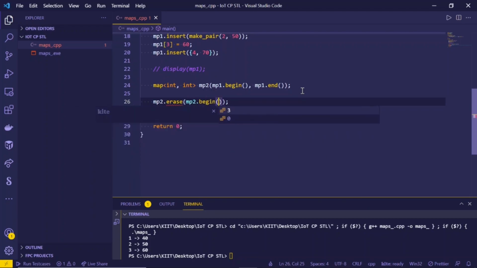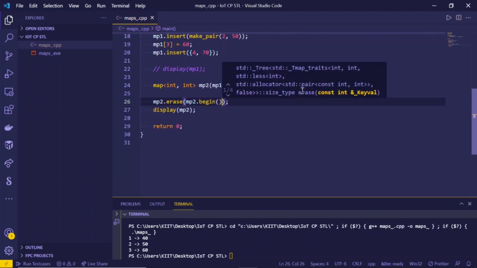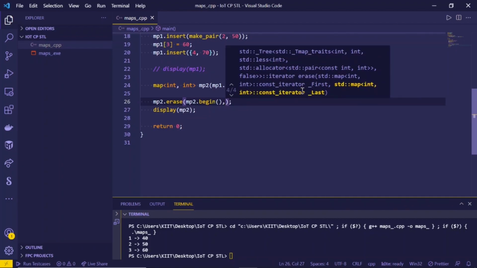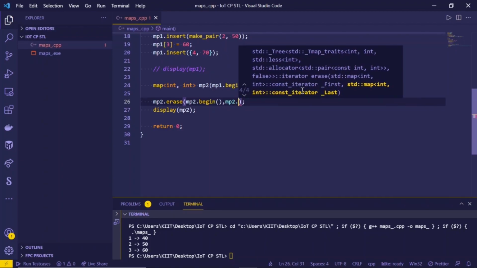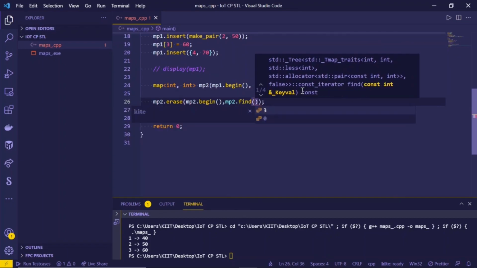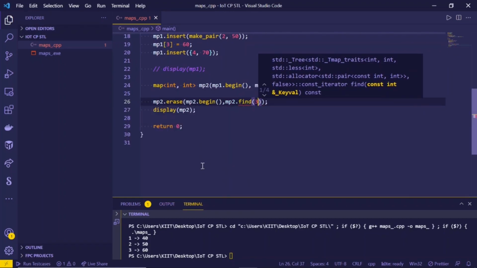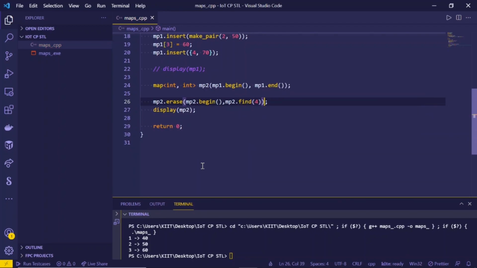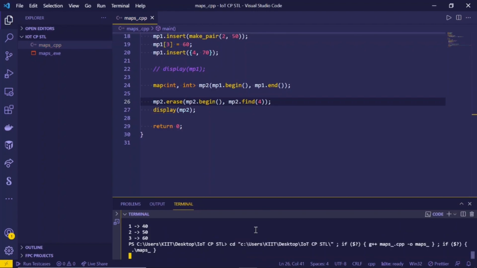So I'm saying that I want to start from the beginning of the map, and then I want to delete all the values up till 3, right? But I'll pass it 4 because it's going to delete all the values up to n minus 1. All right, so that's another thing which you need to keep in mind while you're using erase on ranges, right? So if I run this,